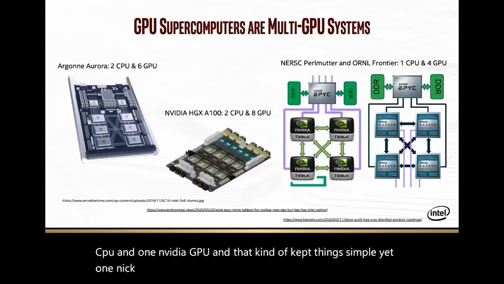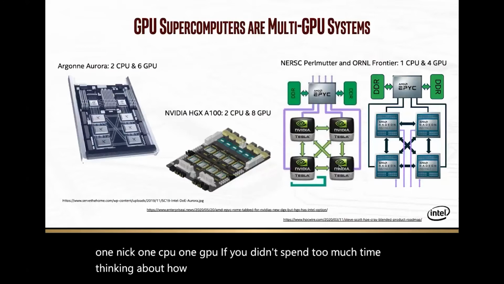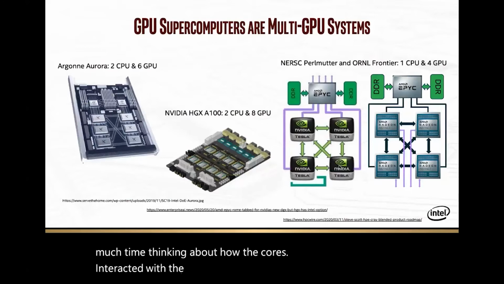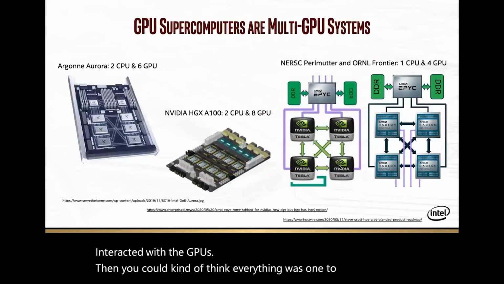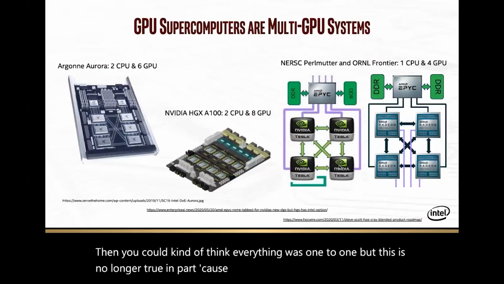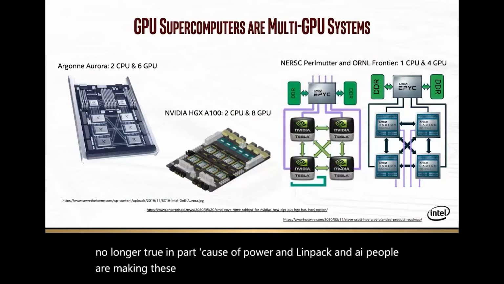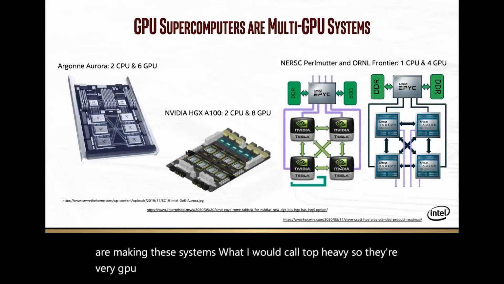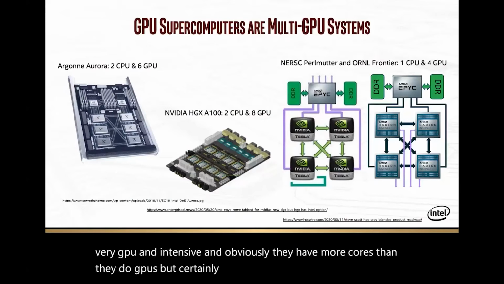If you didn't spend too much time thinking about how the cores interacted with the GPUs, then you could kind of think everything was 1-to-1. But this is no longer true, in part because of power and Linpack and AI, people are making these systems what I would call top heavy. So they're very GPU intensive, and obviously they have more cores than they do GPUs. But certainly, all of them have at least 4 GPUs at the high end,